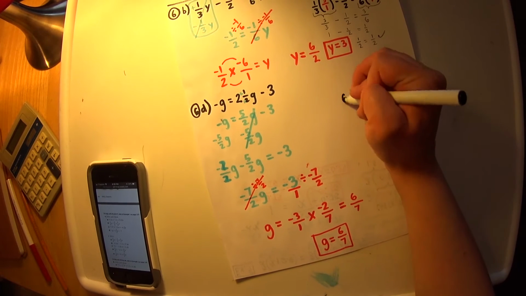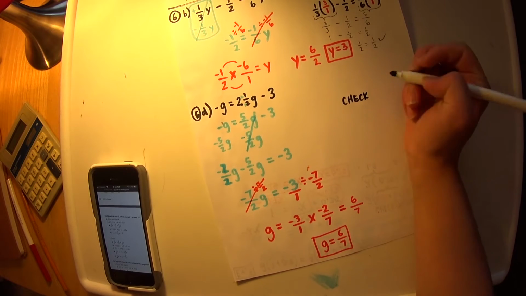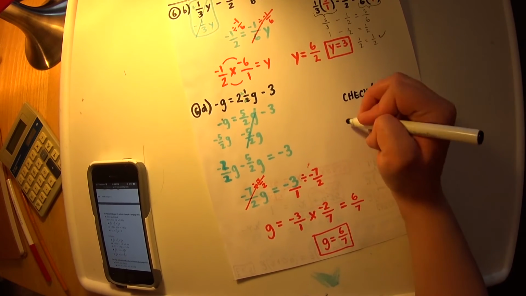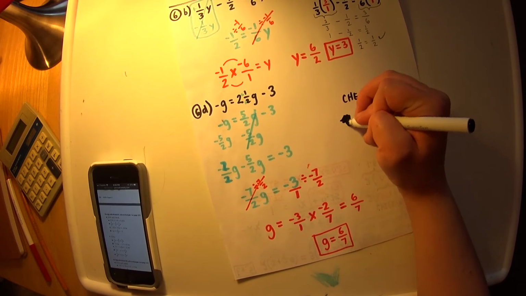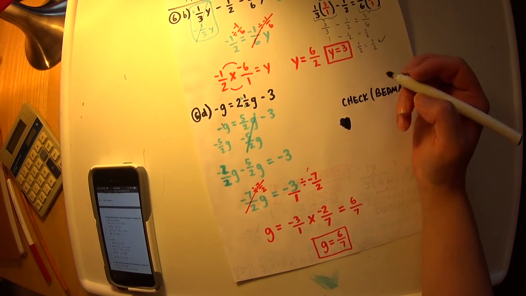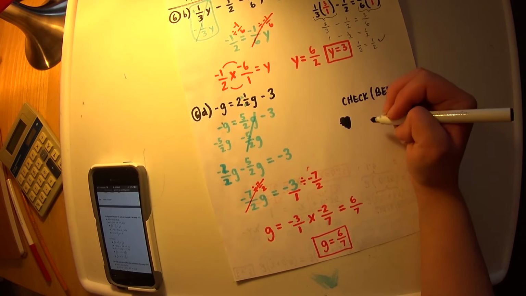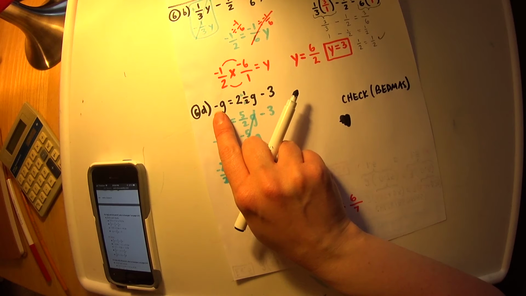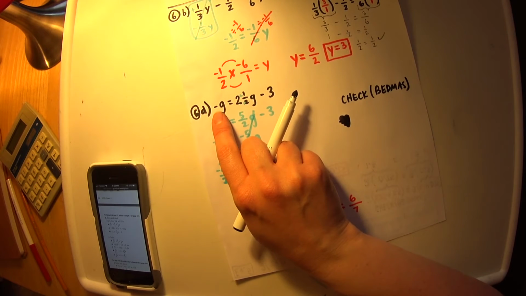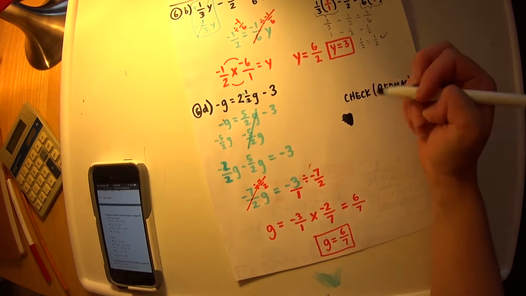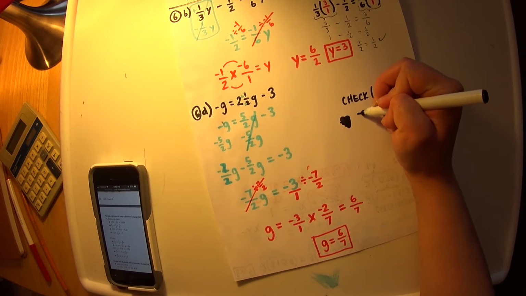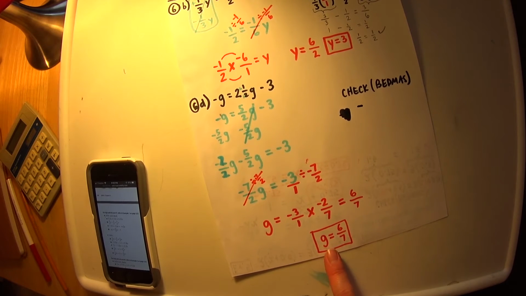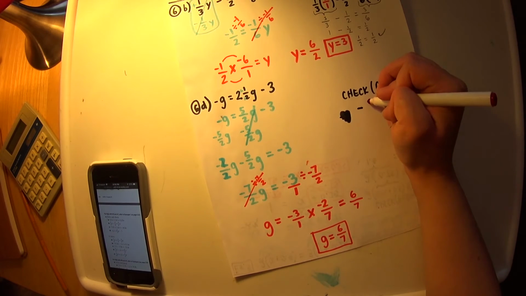So for my check, back to using BEDMAS, copy this out, except the one thing I'm replacing is my variable. The check is a little bit tricky because we do have a negative G, and you've got to remember that that negative on there counts as a numerical coefficient. So we have to leave the negative. The only thing we're replacing is just the G. So we've got